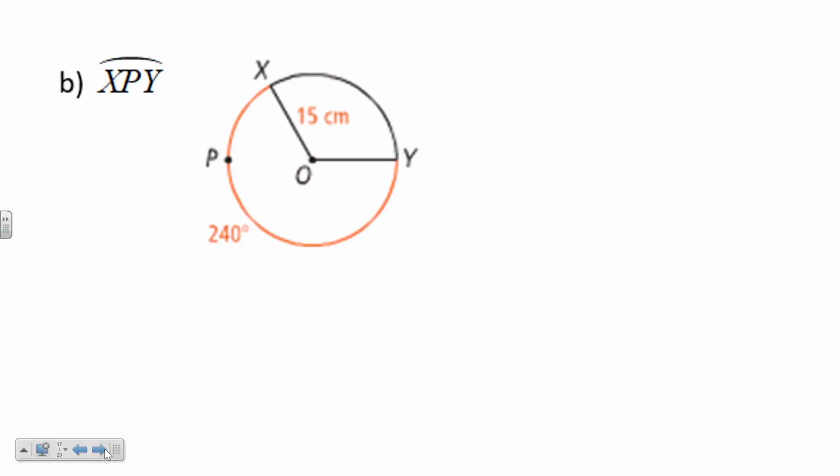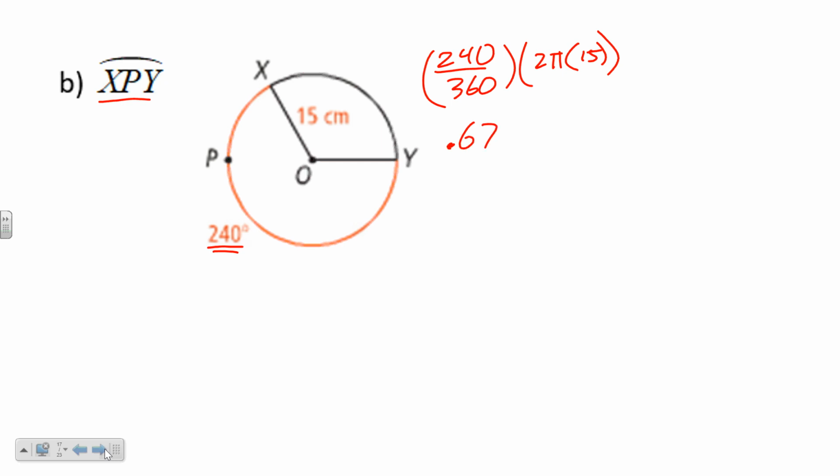So this one, XMY, we're doing the opposite way. My radius is 15 centimeters, and my central angle, or my arc measured as an angle, is 240, multiplied by 2 pi times 15. 240 divided by 360 is 0.666 repeating, so I'm going to make that 0.67. If you want to be more accurate, you can make it 0.667 or go more decimals, but we'll just round it to 0.67. That multiplied by 2 times pi times 15 is